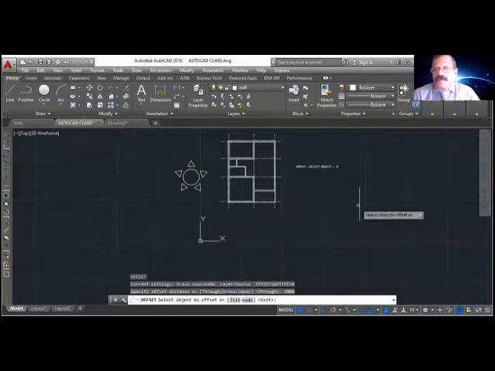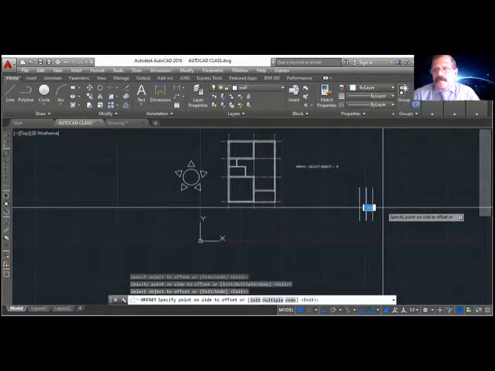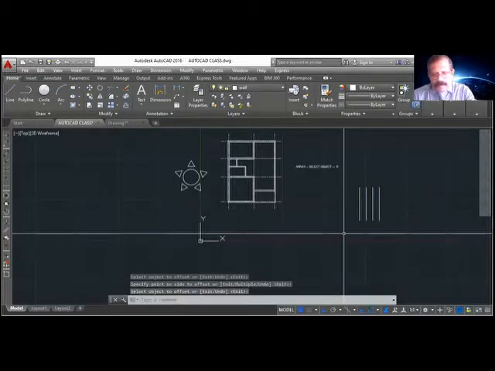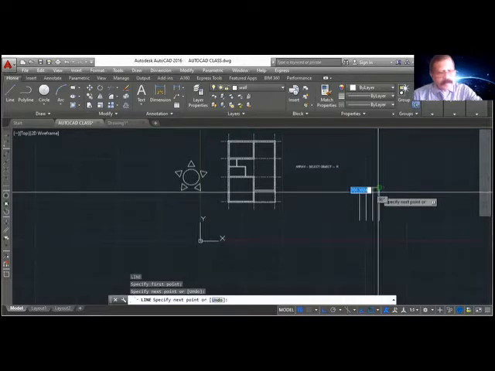I'm just offsetting this object. Okay, now I'm drawing another horizontal line. This I will offset for 500.